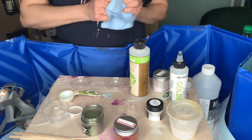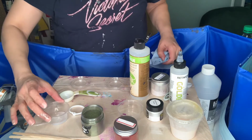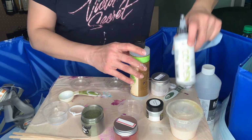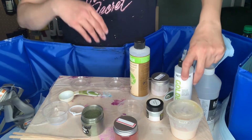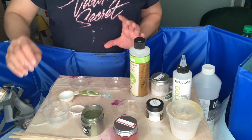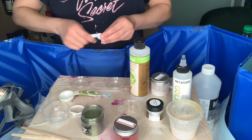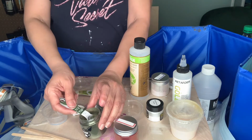So for both, for also the bloom technique, you can use golden retarder, and I'm gonna tell you maybe why, just based on my experience. So this is half a teaspoon, and I'm gonna just take,